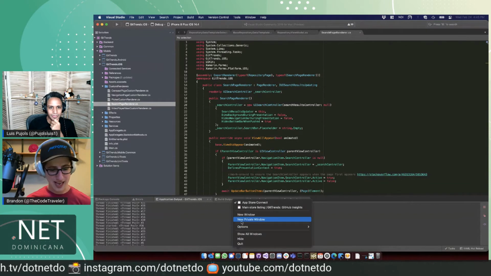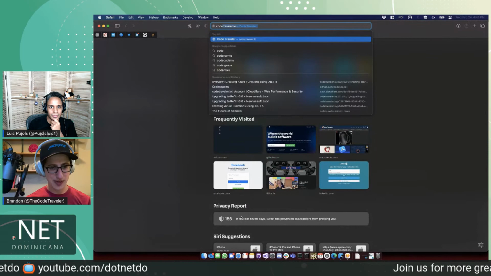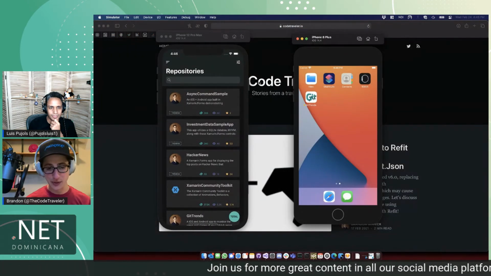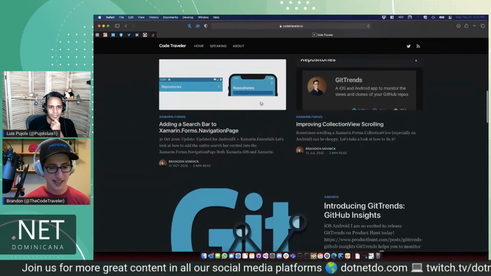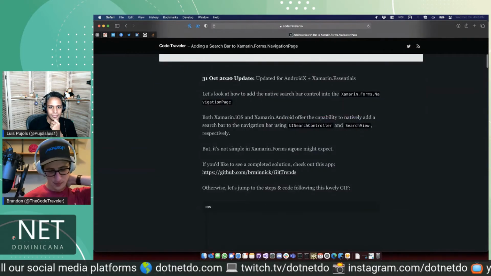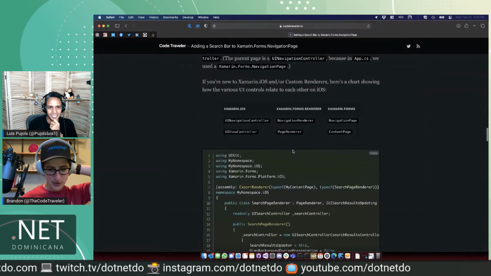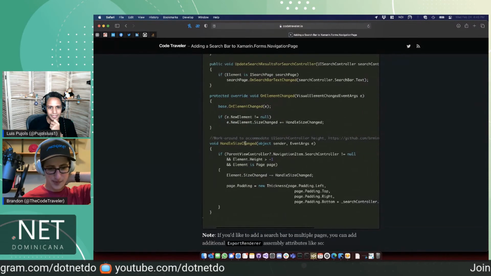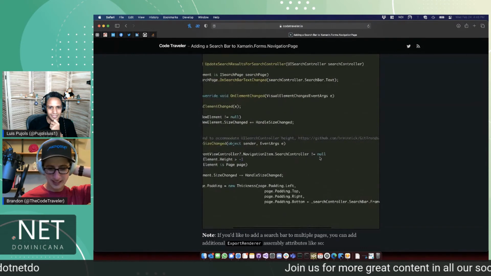I wrote a whole blog post about how to add in that native search bar, and a lot of it is just because we wanted to do this on GitTrends, but Xamarin.Forms doesn't have it necessarily baked in. So I wrote this whole blog post about it. It's been read thousands of times, and in the code, there we go. I have a workaround to accommodate the UI search controller height,